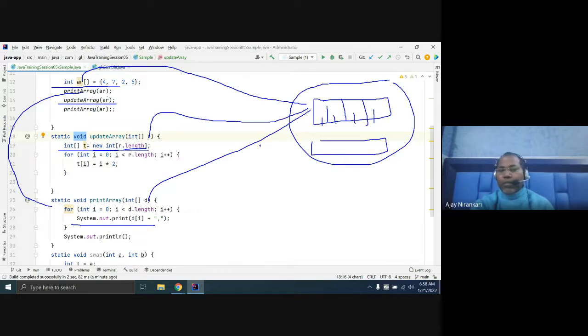In this array, you are looping and changing some value, right? So here you are changing some value, t of change, t of change, t of change. Again, you come back here and print array ar, because in this code you don't change anything in the r variable. You have only changed the t variable. T is the new array, right?